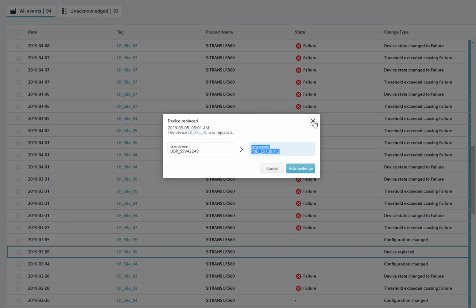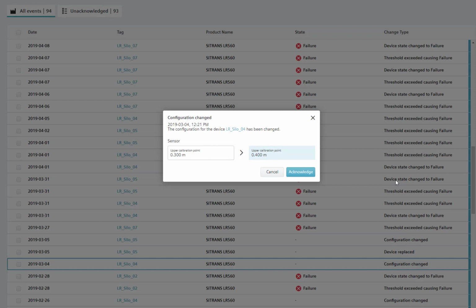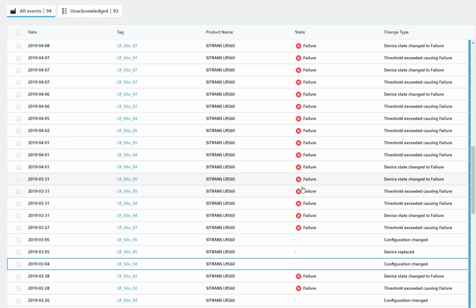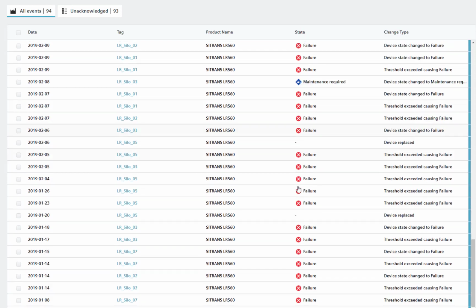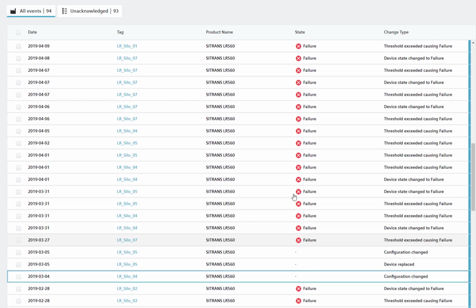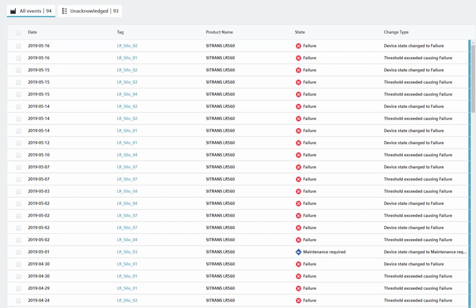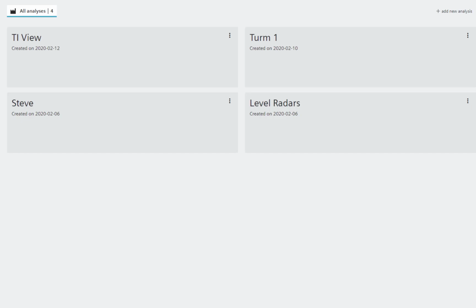So that's one. And then the other one, which is really nice, here, for this particular radar, on this date, somebody changed the upper calibration points from 0.3 to 0.4. And so why was that done? Okay. And so you have full history,